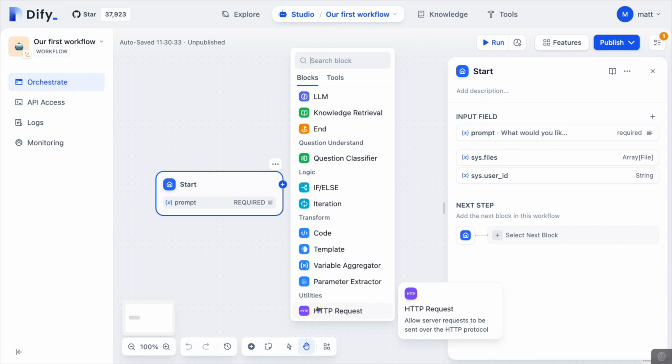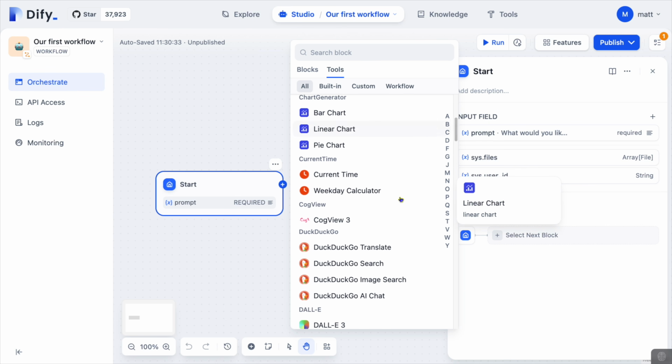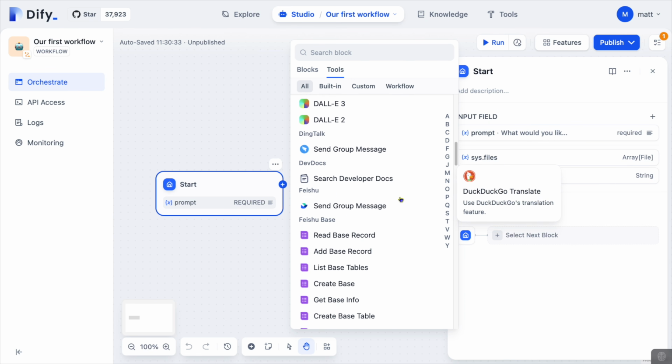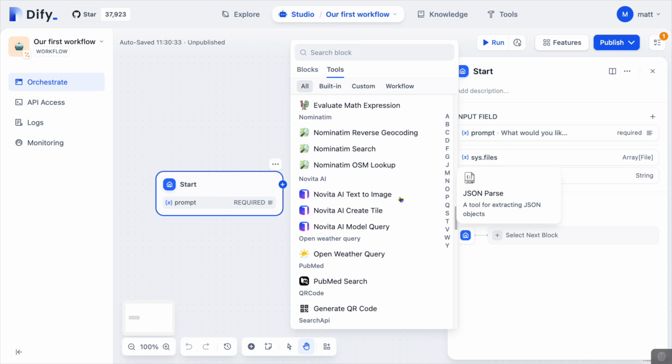We can also run lots of tools here, so if you switch to the Tools tab, you can find lots of ways of running web searches and lots of other things. You may have to set these up first, and there's no way to see what's set up and what is not. But one common example is adding the current date to a request, because otherwise the model has no way